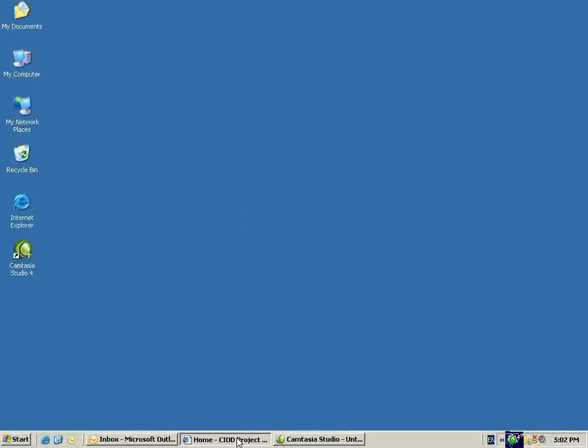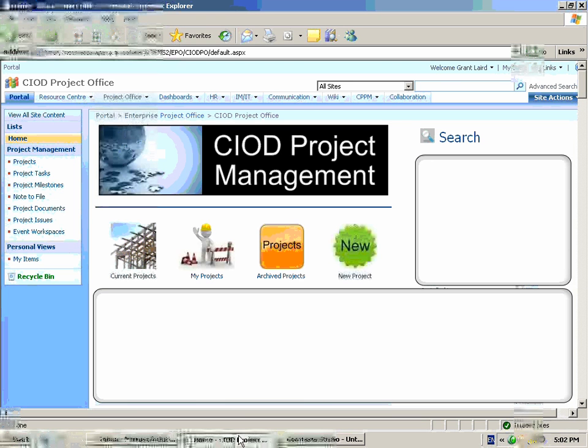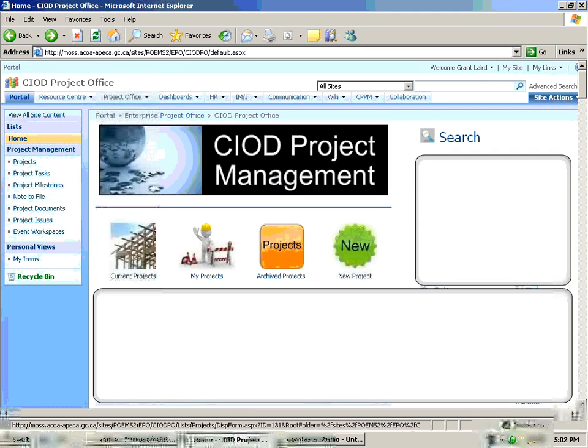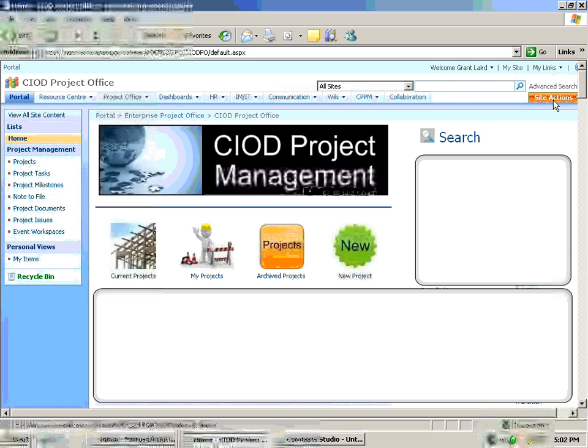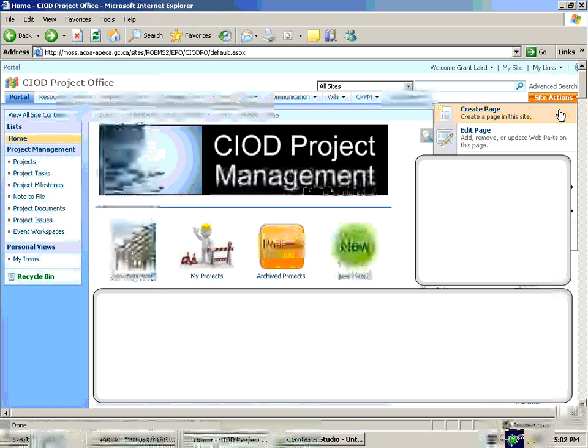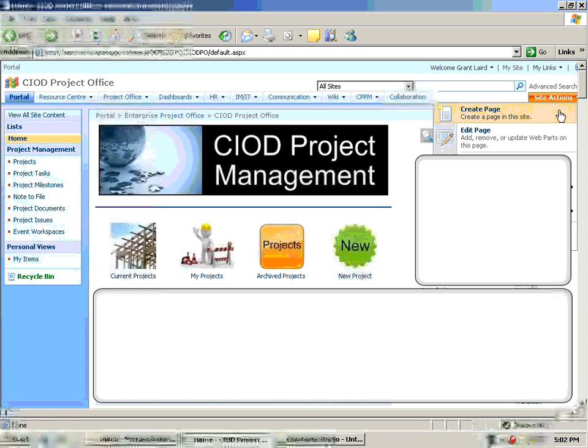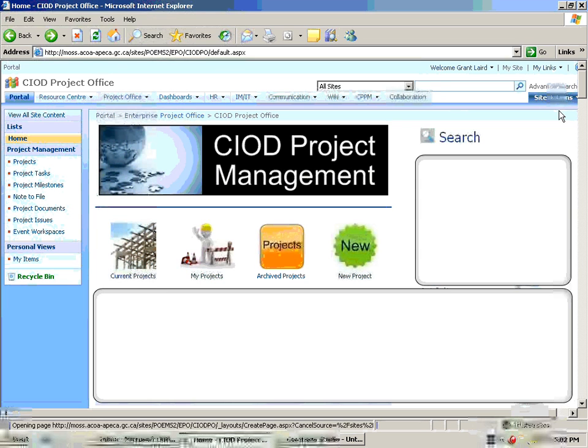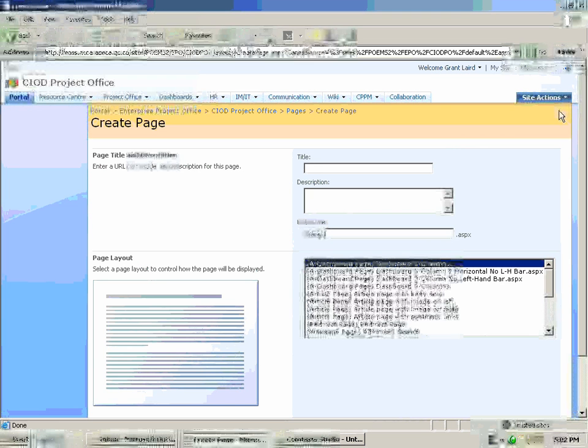So first off, you're going to go to the page where you would like to add a new web page. And in the top right hand corner, we have a button here called Site Actions. You just select that and go down one spot, and there's a Create Page. Click on that, and a Create Page